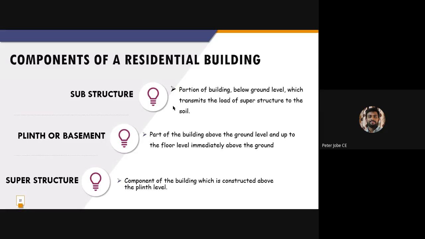First thing is the substructure. Substructure is the portion of the building below the ground level which transmits the load of the superstructure to the soil. That means, if we call it in Malayalam, what do we say,